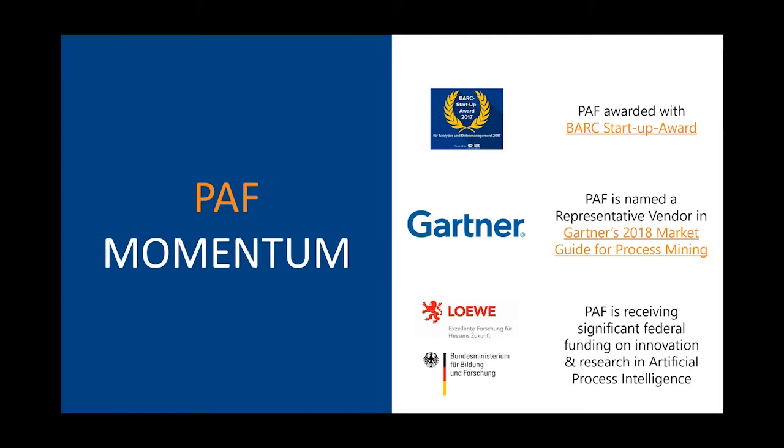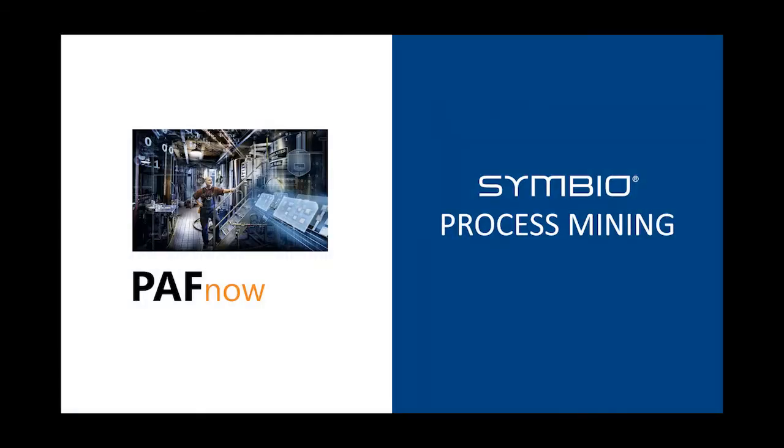Another example is that we will start a project in September where we combine process mining, artificial intelligence, and robotic process automation to make the robots even smarter based on the data that we already have and make them learn how the processes could be optimized. Okay, so let's start and have a look at what this solution is and how it looks when we integrate these kinds of capabilities into Symbio.